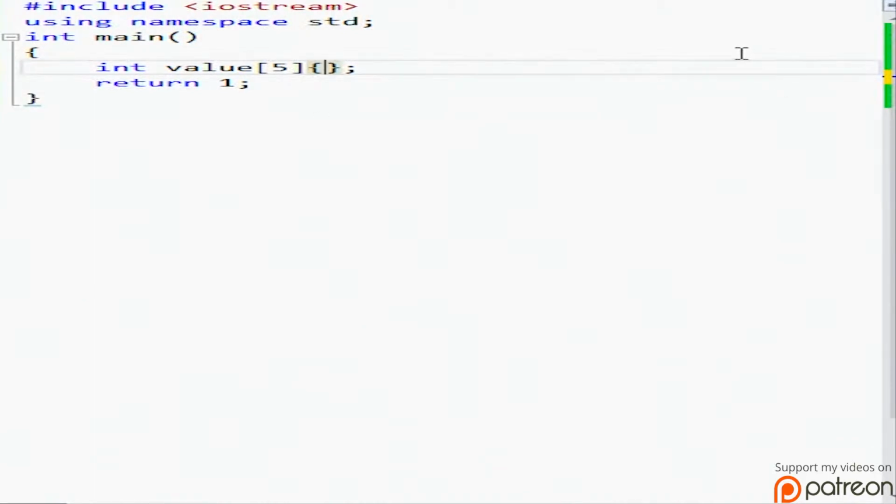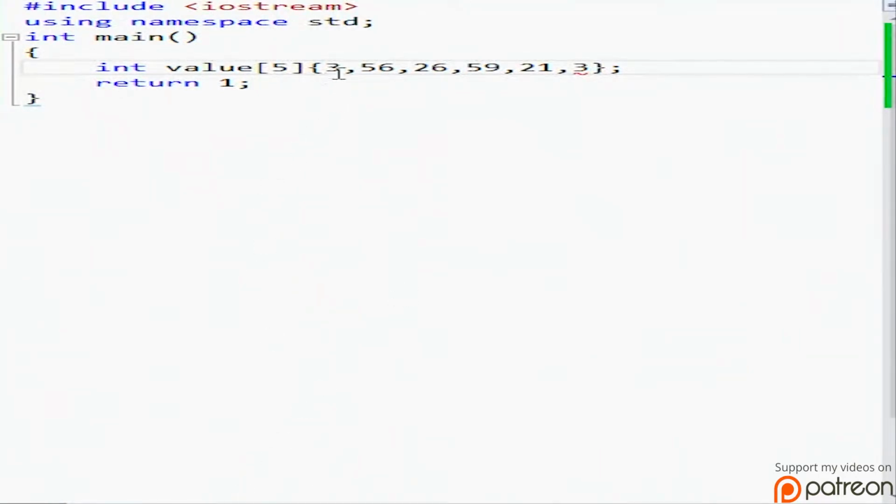So let's go ahead and show what we mean. We could have any type of number in here, as long as it's an int and it goes with whatever data type you have here. And you could also have fewer than 5, but you cannot have more than 5. So let's say 26, 59, 21, and 3. So now if we build,